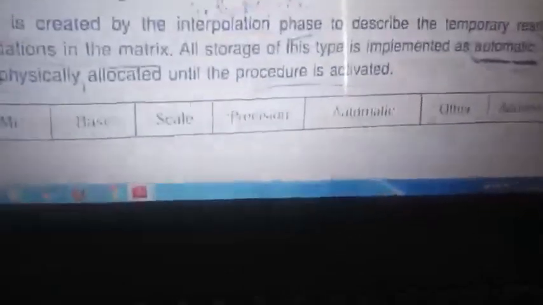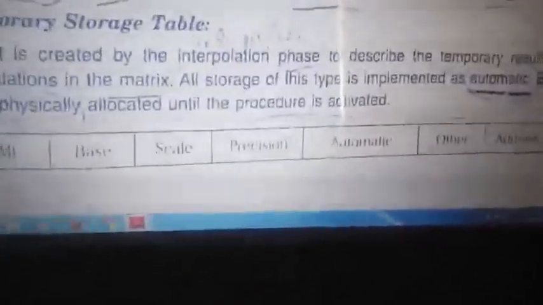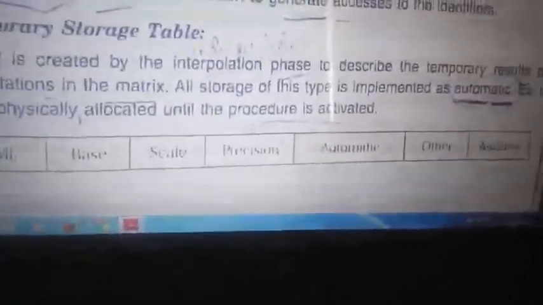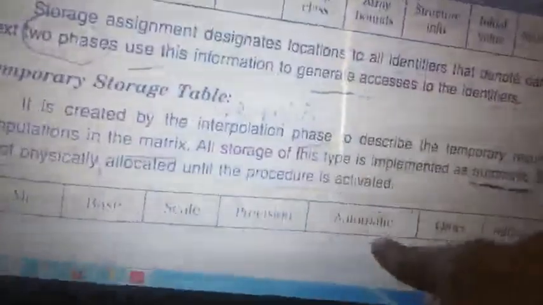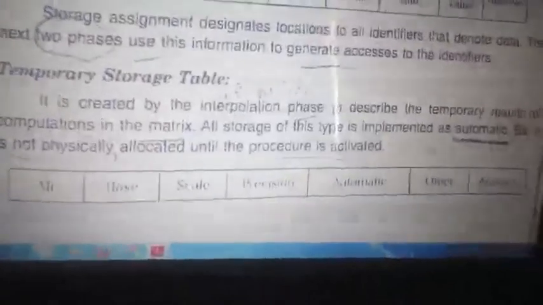They are used during the execution, creating an intermediate, and after that those lines are not required. We require only the result. So that is the temporary storage, and its class will be automatic. In that table you don't have a storage class. It is automatic, used during the process, and after that it is deleted. That kind of assignment information comes from the temporary storage table, which is the database of this phase.